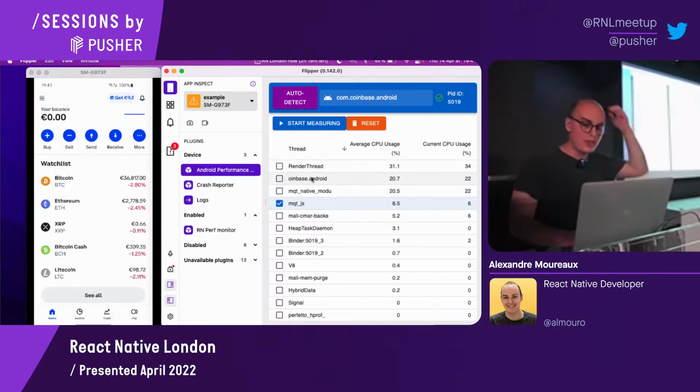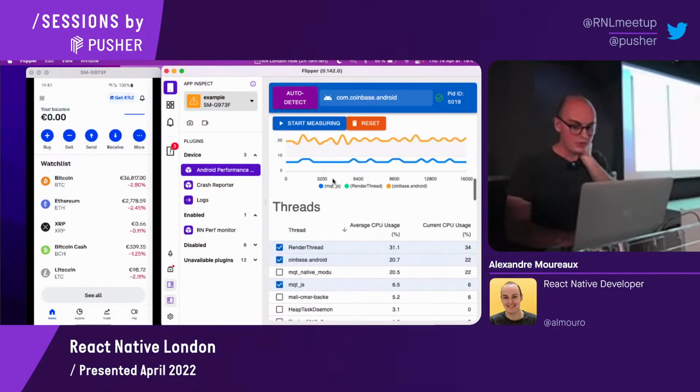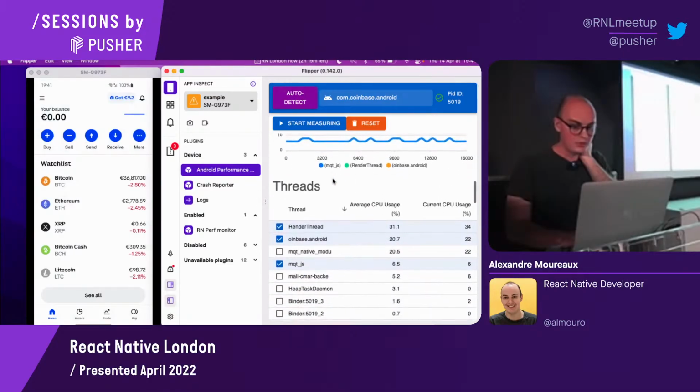So usually the thread associated with your bundle ID is the main thread. It's the one responsible for displaying frames. So if this one is going at 100%, probably your app is not going to run at 60 FPS. But there is also a thread called the render thread, which is supposed to be dispatching commands to the GPU to make some heavy calculations, typically animations. So I'm not really sure what's going on.